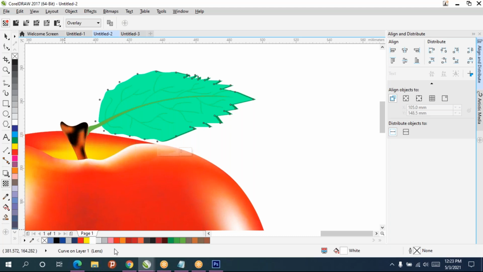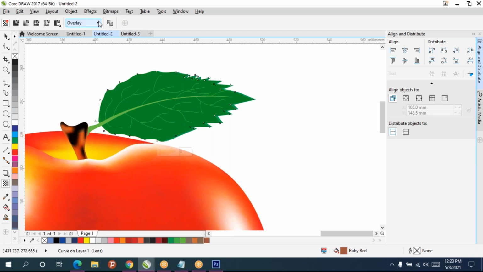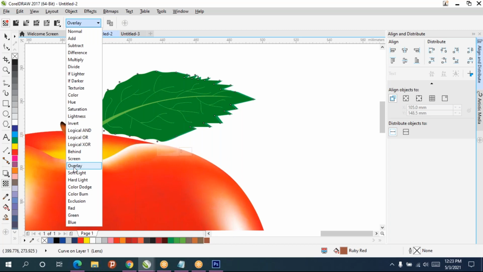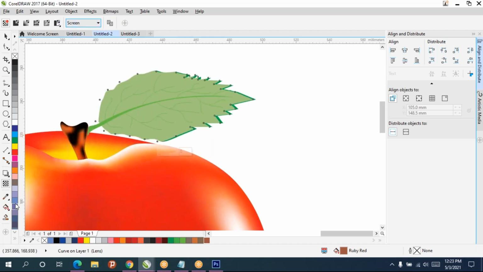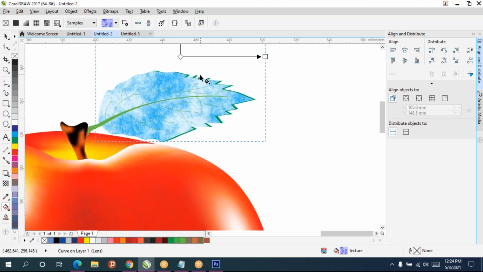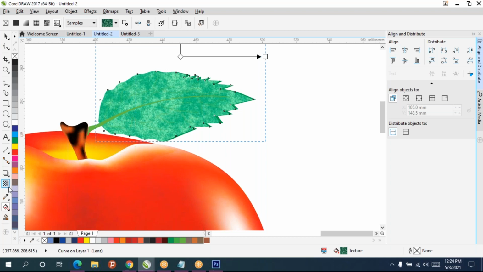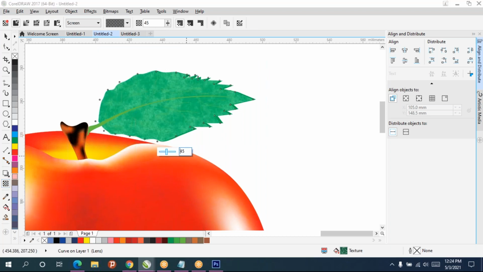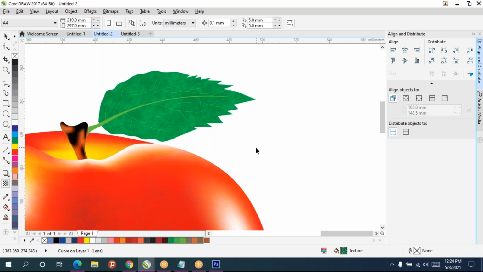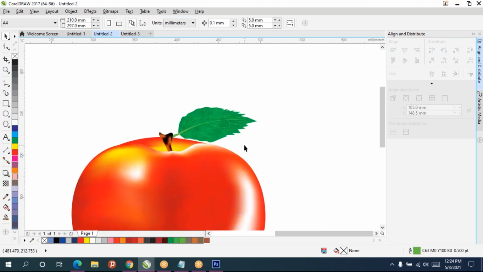Which color you're giving? Or else we'll go for some other texture. So like this, you can create leaf textures also.